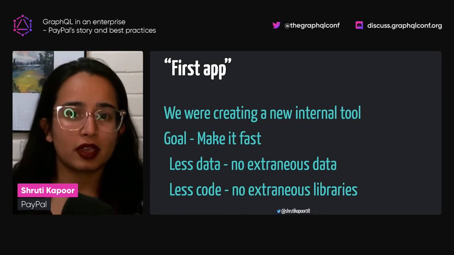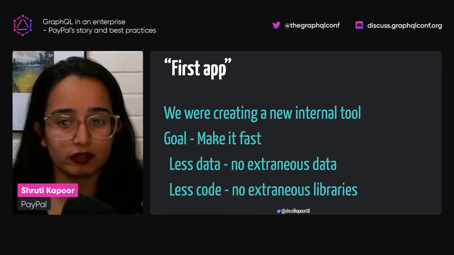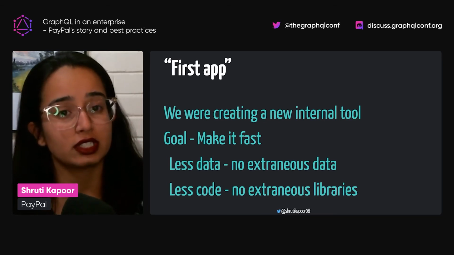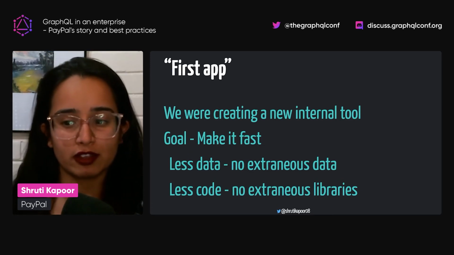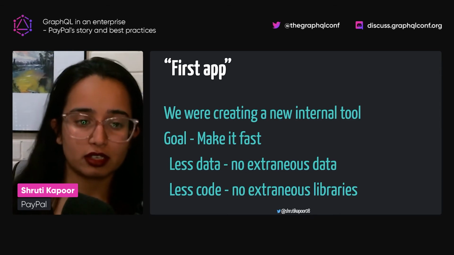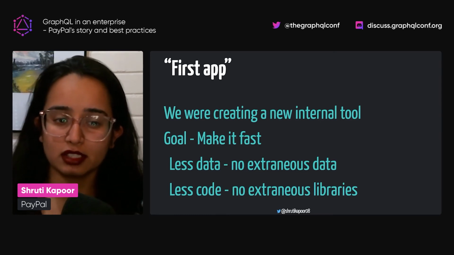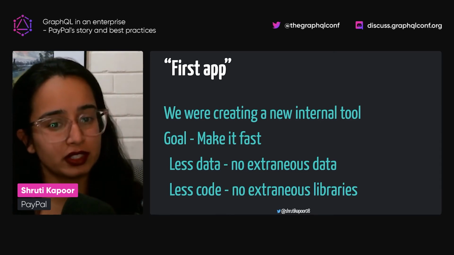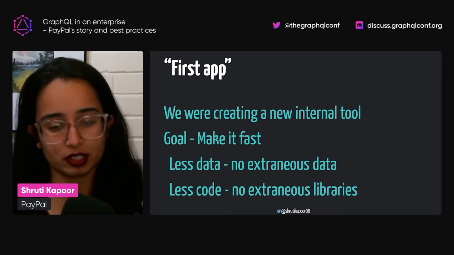That meant our network requests became really fast. It was an internal tool where we were just fetching the data, letting the user add inputs and posting the data. So we had very light state management needs, and we totally got rid of our Redux layer. This way we were able to shave off extra libraries from our app.